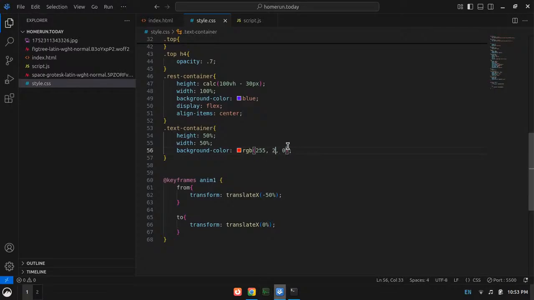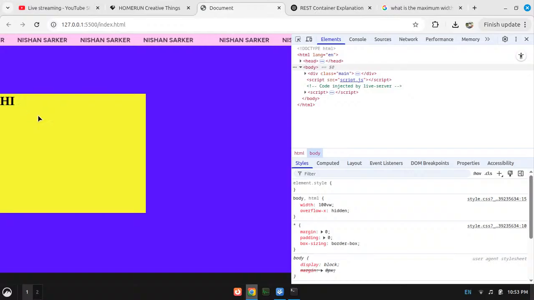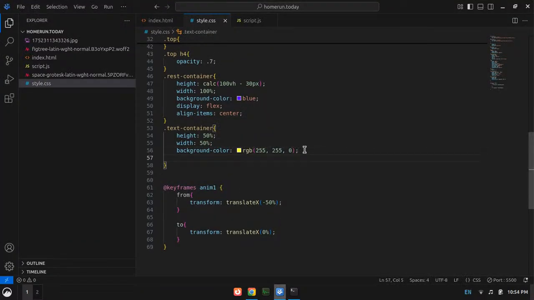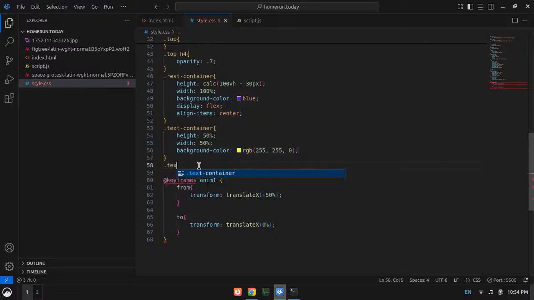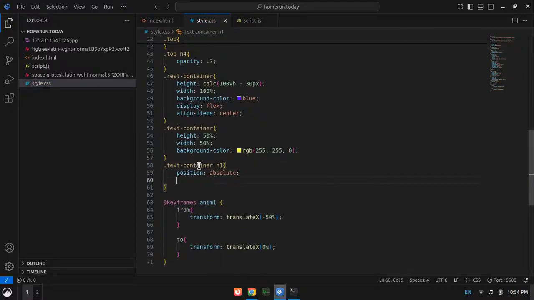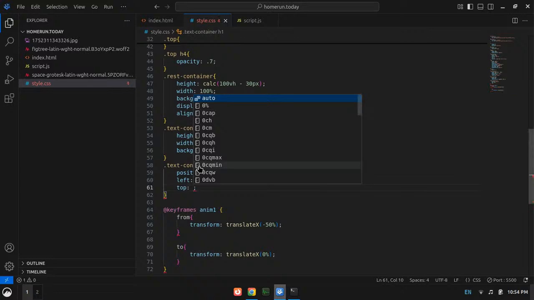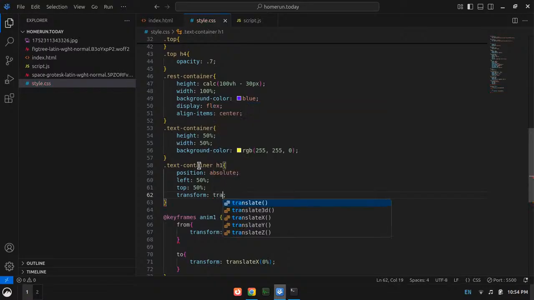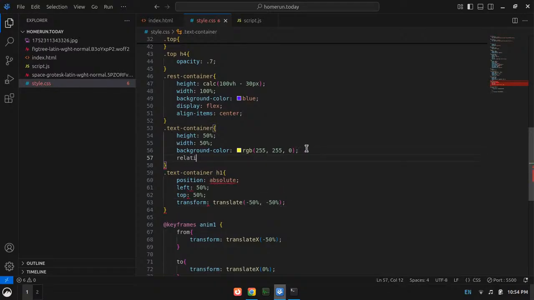So 255. Okay, it is there. Well, I will set the h1 position to absolute, then left 50%, and then top 50%, then translate -50%, and I need to give the text container position of relative. Okay, it works now.